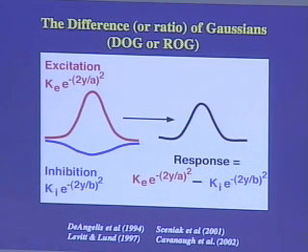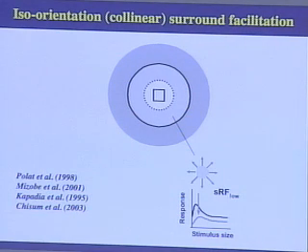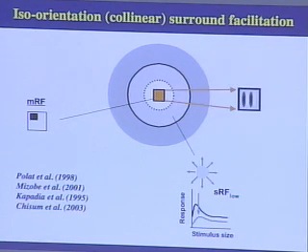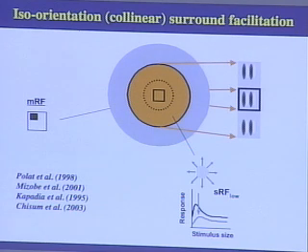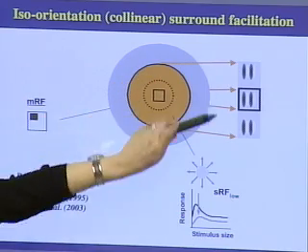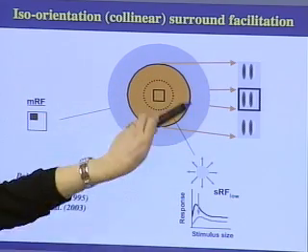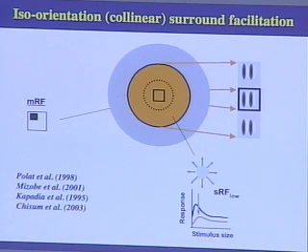However, people have reported that there are facilitatory effects from the surrounds, even at iso-orientation. And this has usually happened when the receptive field center is being defined as the minimum response field, so it's a smaller receptive field. And in these studies, typically people have used Gabor patches or oriented bars presented inside the minimum response field. And in this specific case, the presentation of co-aligned, so collinear and co-aligned, iso-oriented Gabor patches in the surround region has been shown to cause facilitation.